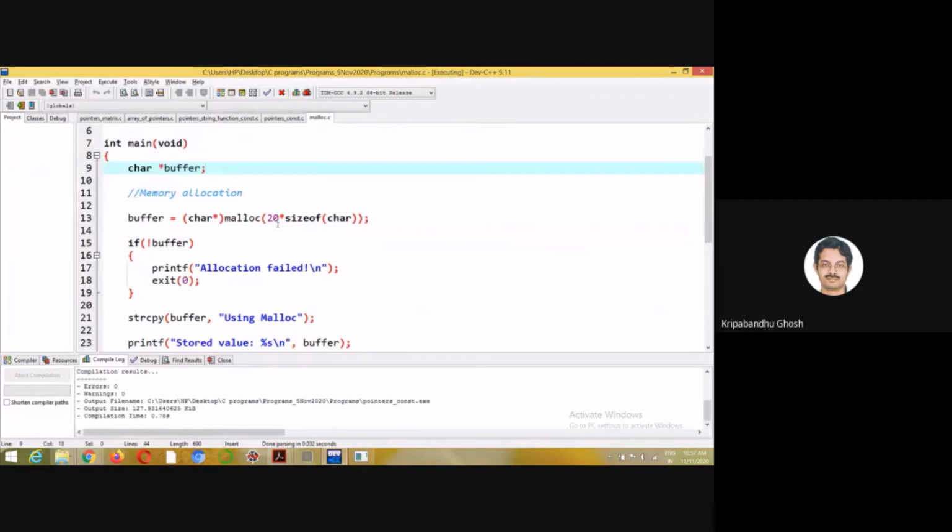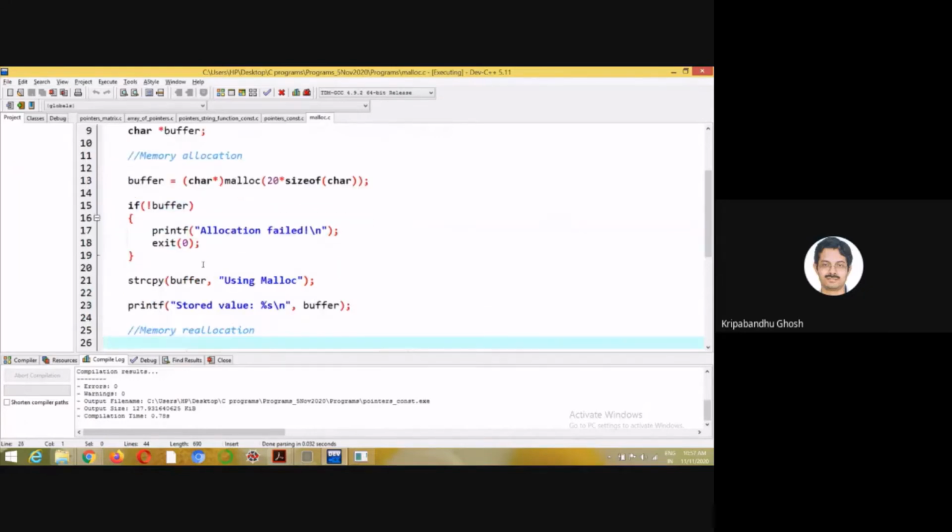I want to allocate 20 instances of this. So sizeof(char) is 1 byte, 20 into 1 byte. That is, I want 20 bytes to be allocated, and the starting address of the allocated memory location will point at buffer.